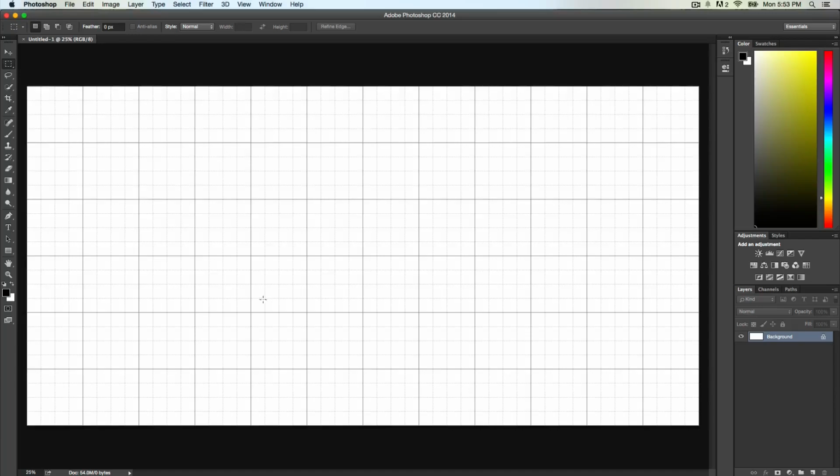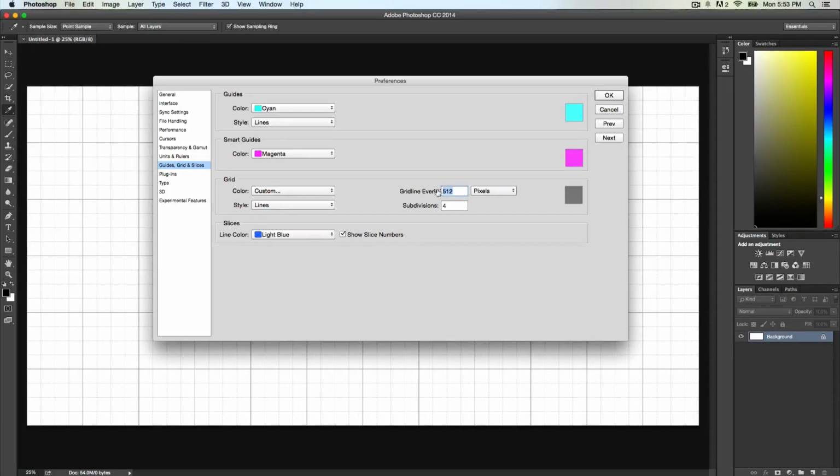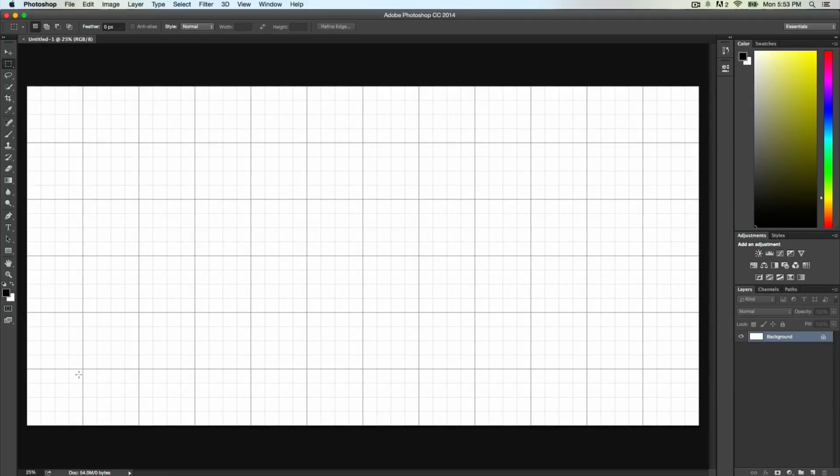You'll notice here we have a grid. Now this can be set up pretty easily. If you go into Photoshop, go into Preferences, Units, Grids, and Slices, you're going to have a grid. I set it to every 512 pixels because that's how big one of our images is. So every 512 pixels, you'll have one grid. Now I'm sure you can set that up in GIMP. You just have to look and figure that out.